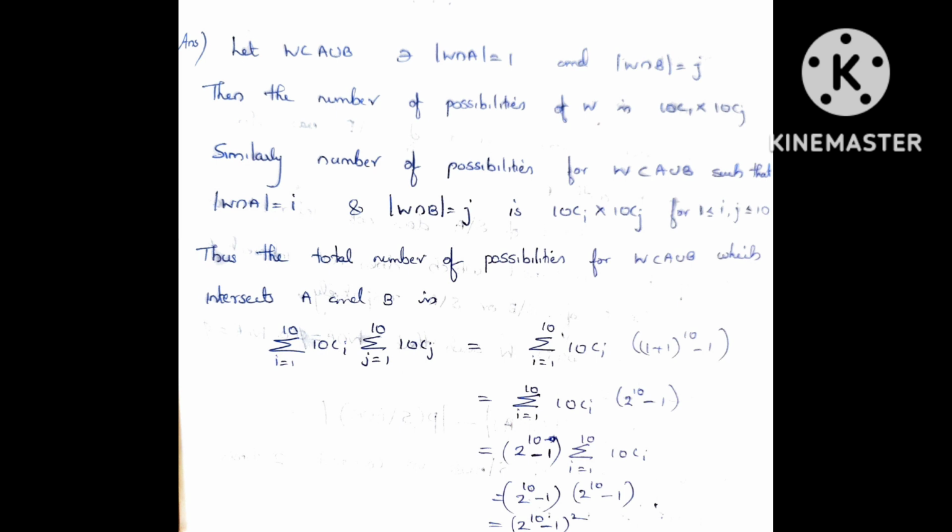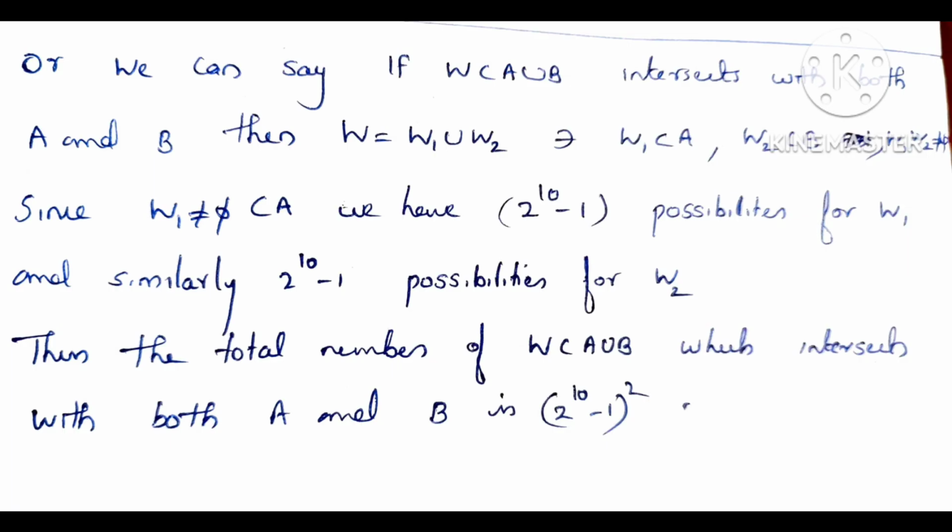So the total number of possibilities for W subset of A union B which intersects both A and B is (2 raised to 10 minus 1) whole square. Or we can find the number of subsets of A union B which intersect with both A and B in another way also,